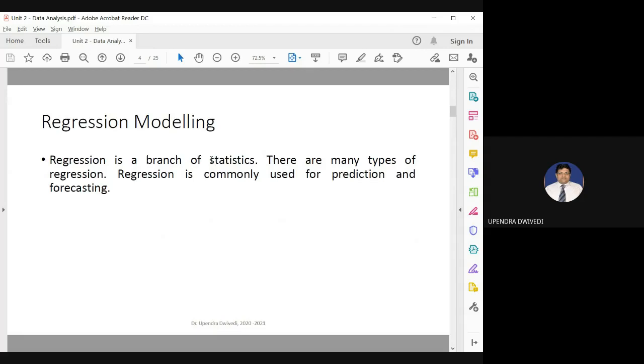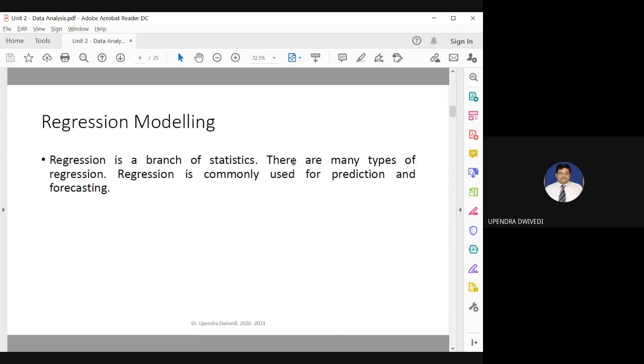So, if you want to excel in machine learning, artificial intelligence, or data analysis, you have to have some basic knowledge about statistics and probability. Because machine learning is basically trying to find out the relationship between the variables, trying to find out the hidden pattern inside the data set. So we must have some basic knowledge about probability and statistics.